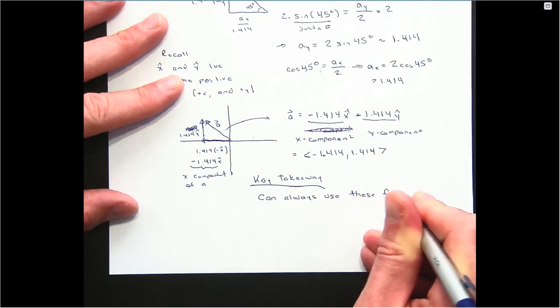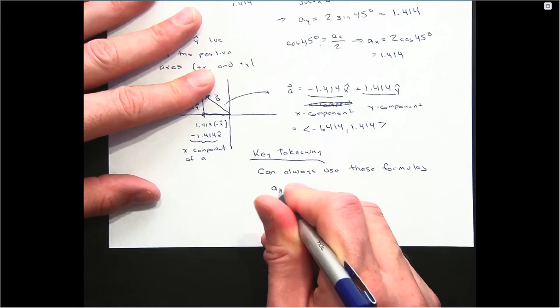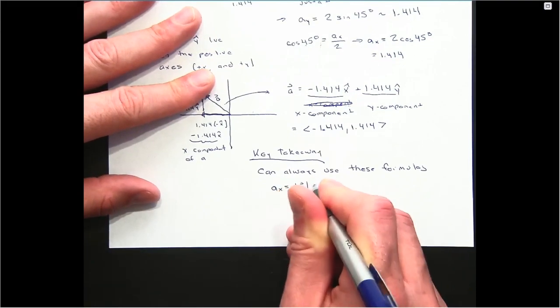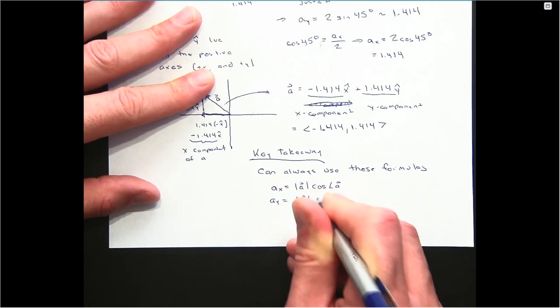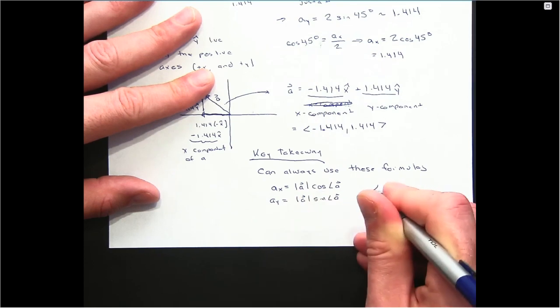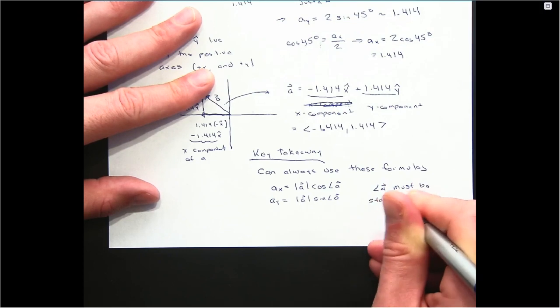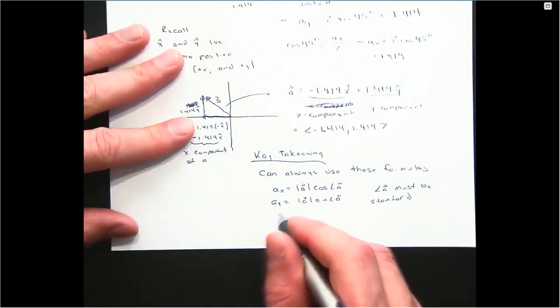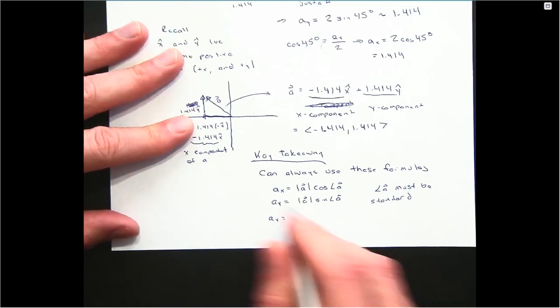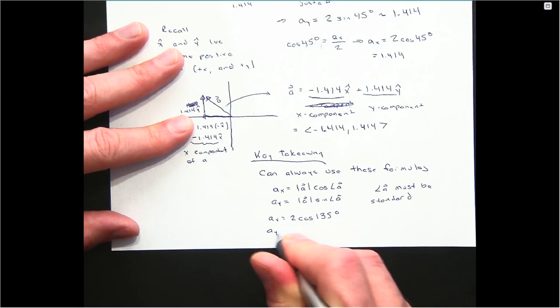These are going to be in the next lecture. Usually when I teach this, I show someone how to do it using actual trigonometry, and then I show them the shortcut formulas. The x component of a vector is always just the magnitude times the cosine of the angle, and the y component is always the magnitude times the sine of the angle. But the key is, this angle must be standard, meaning it has to be measured from the positive x-axis with a counterclockwise convention. So if you repeat this, and rather than using 45, you use 2 cos of 135 and 2 sine of 135,